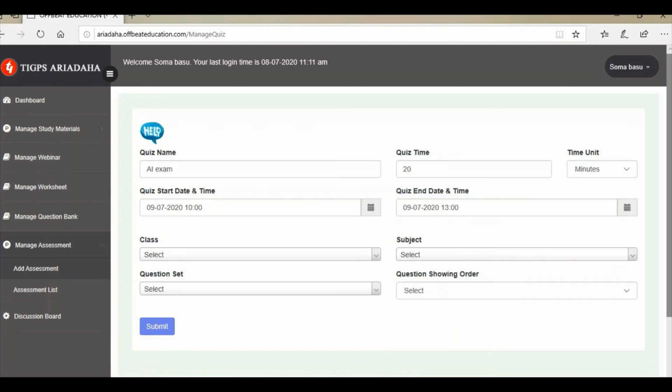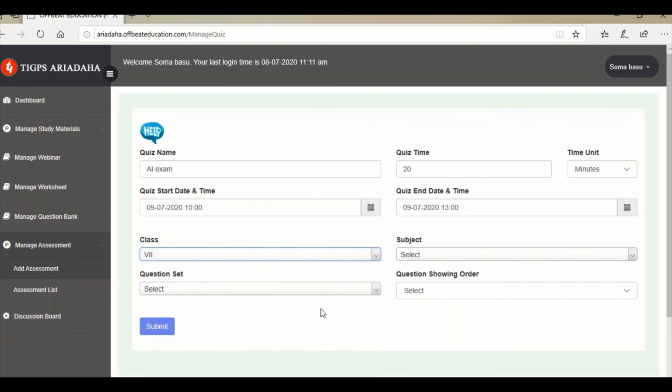Or 13, that means 1 p.m. So 10 a.m. to 1 p.m. is the entry time. So during this 10 a.m. to 1 p.m. student can enter and start the exam and finish within 20 minutes.